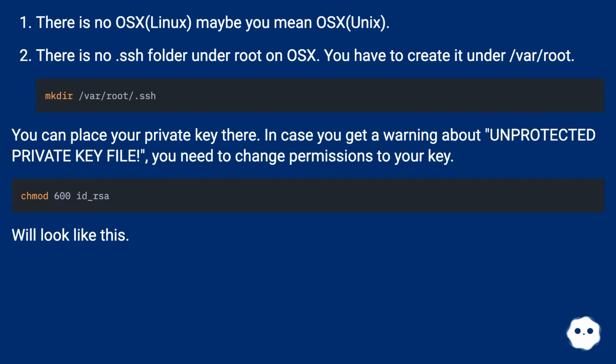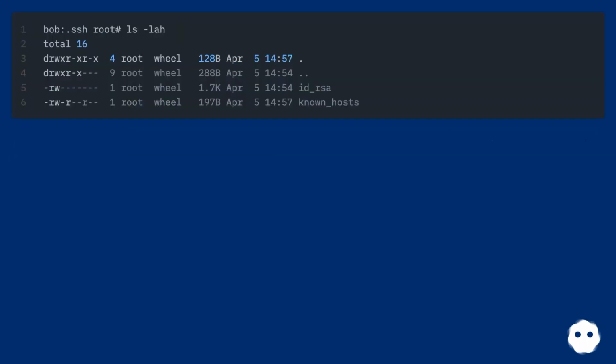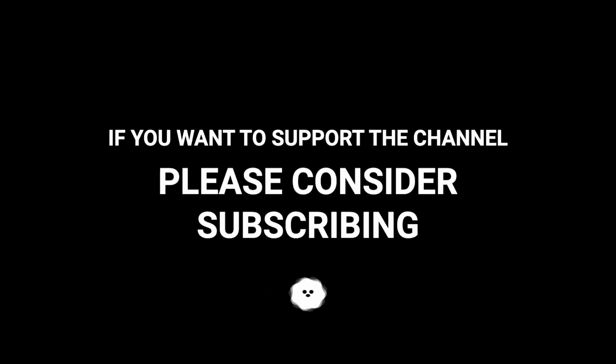In case you get a warning about unprotected private key file, you need to change permissions to your key. It will look like this. SSH